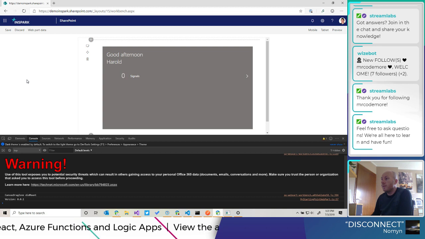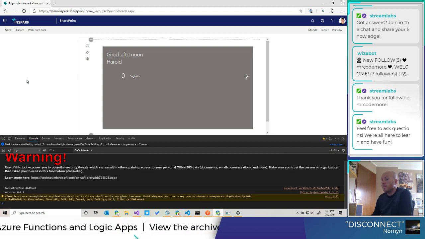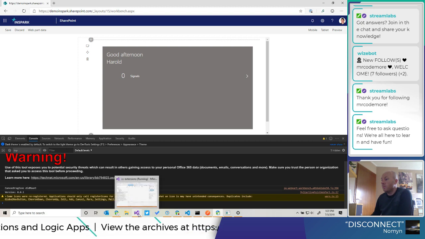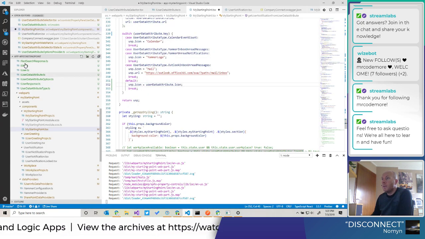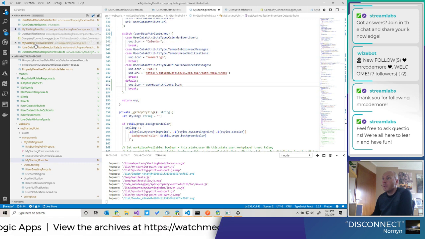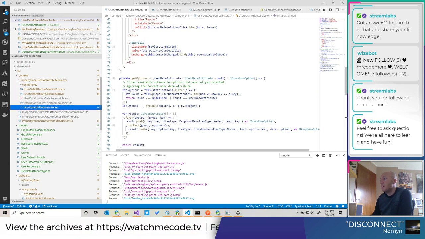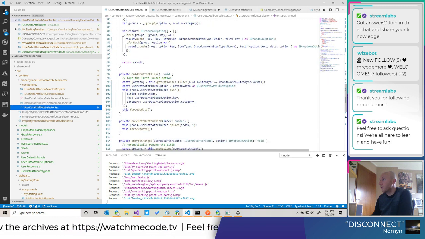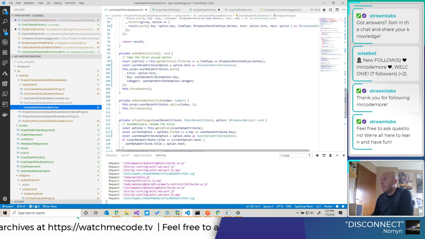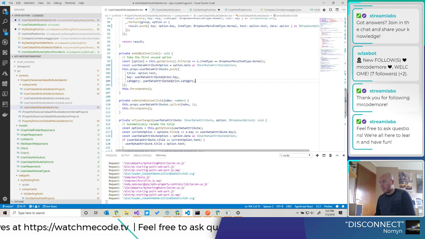And still no icon. Did I change it already in the selector? I need to set it here, of course. And if you don't do that, then it won't work.